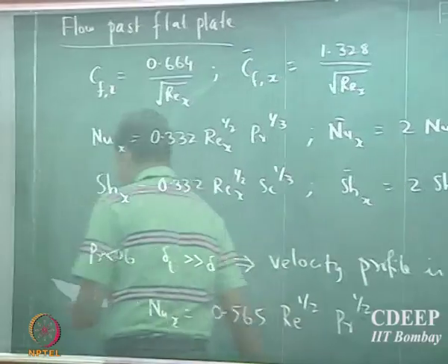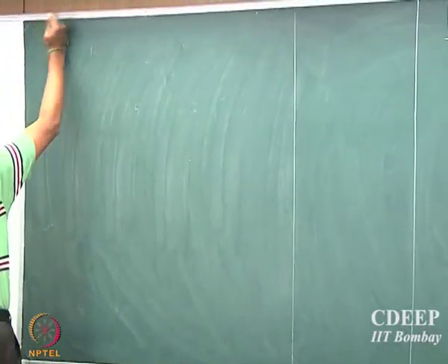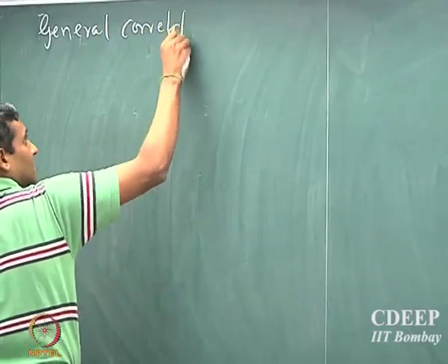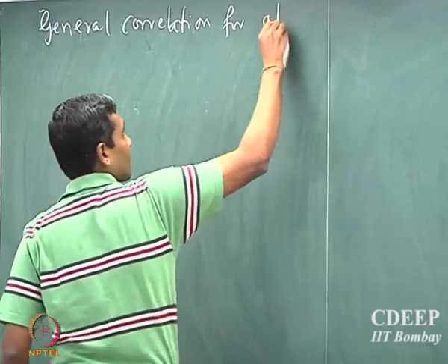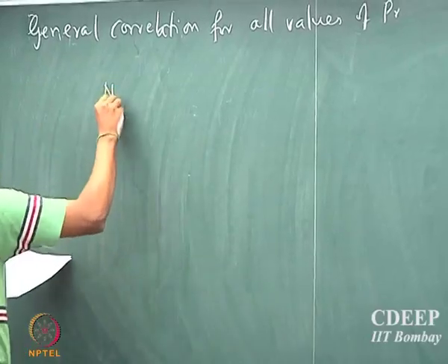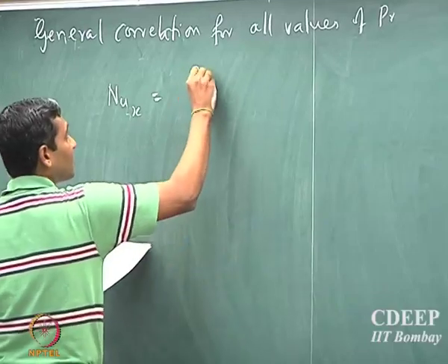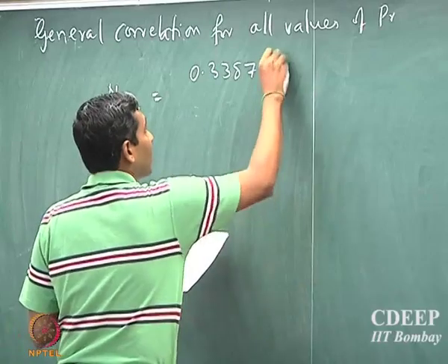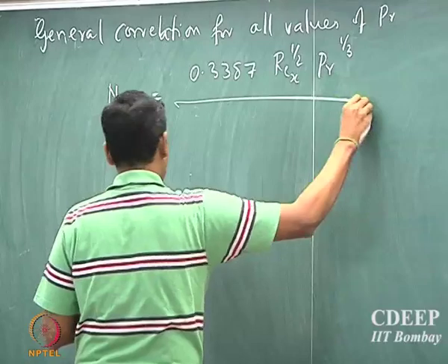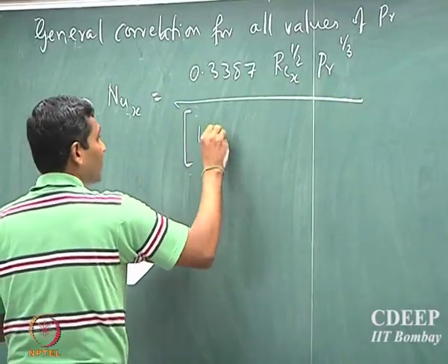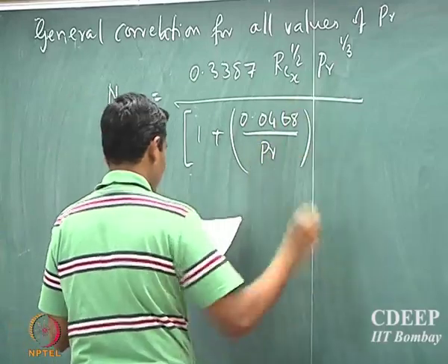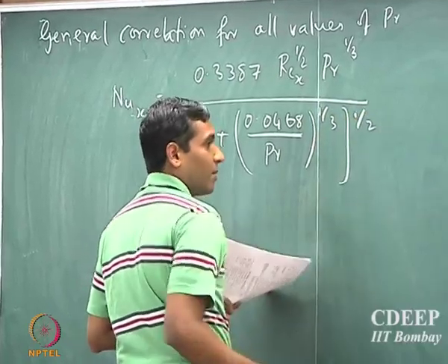So now for any values of Prandtl number, a general correlation would be, for all values of Prandtl number, and that would be 0.87, 1 by 2, Prandtl to the power of 1 by 3, and 1 plus... so remember that here we said that